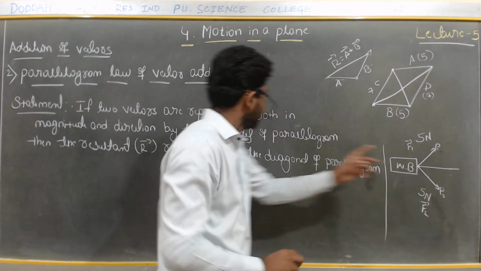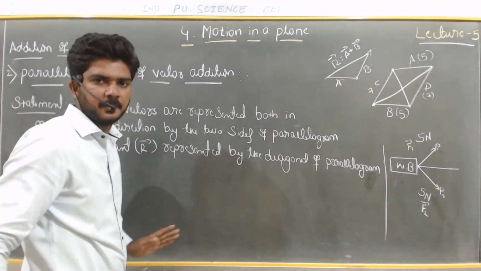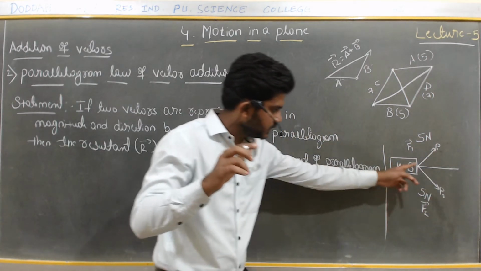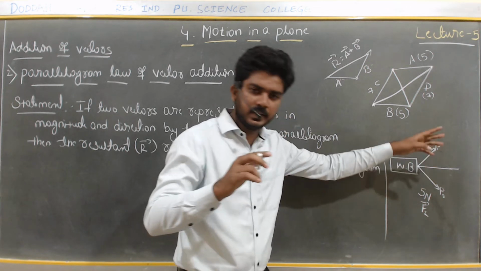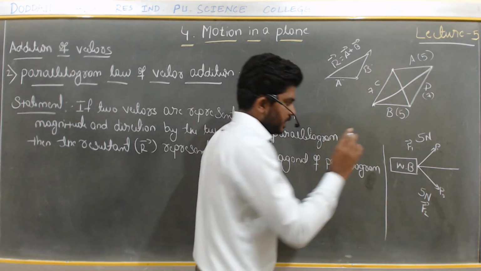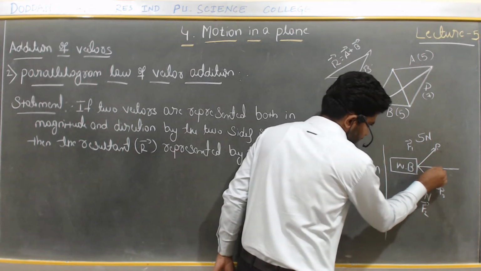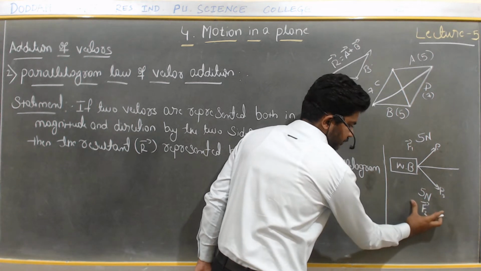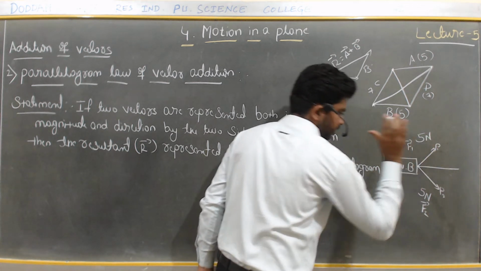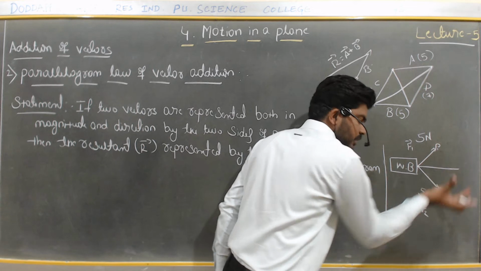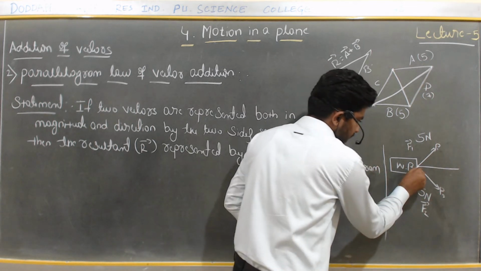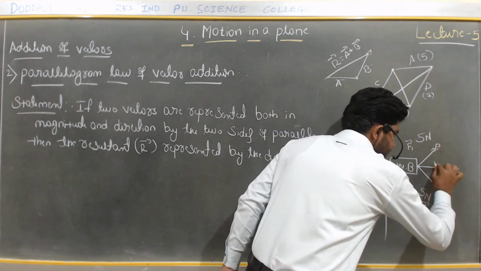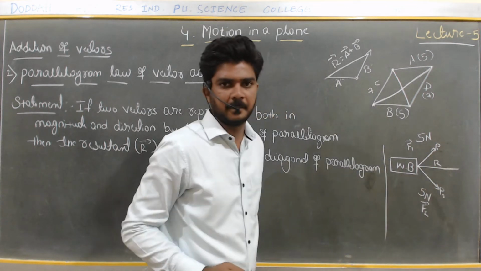So at that time we will use this law. These two are applying force in their own directions, but the block is moving in this direction. One person applies force F2, the other applies force F1. So the resultant is where it moves; it is moving in this direction. This is the resultant vector.